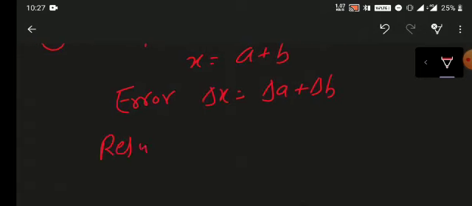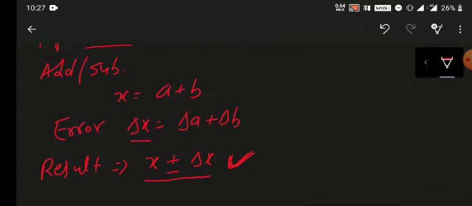So what is the result? The result value is x. You know that the error can be greater than the mean value or less than the mean value, so you can add plus minus to the mean value. So this is the result, x plus minus delta x. Now, errors are always added in addition and subtraction form. If you pick multiplication and division, you can also apply this method. Okay, clear? I hope this point is very clear.